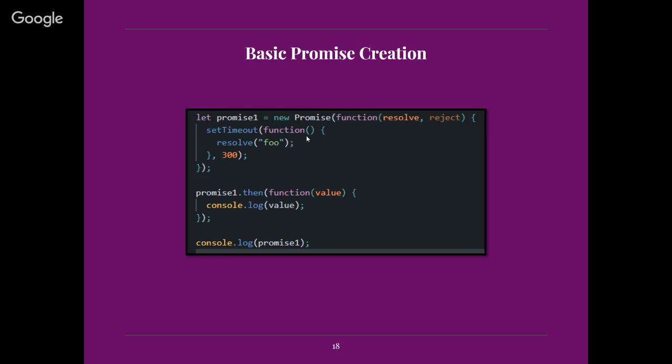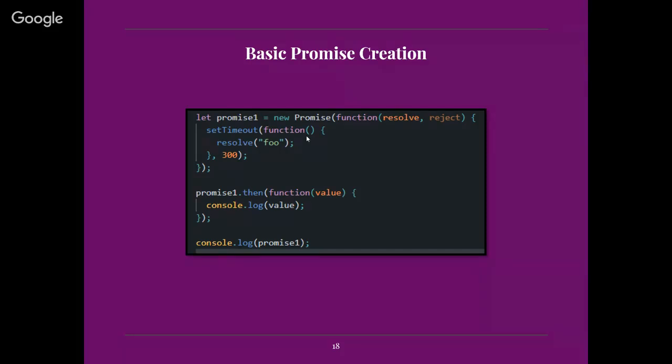If we had a reject function, it would never get called because there is nothing that can prevent the set timeout function from running. So there's really no use in having a reject function here. Only the resolve function is going to get called. After the set timeout finishes, so after 300 milliseconds,